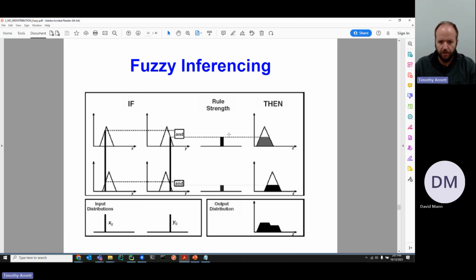One thing to note here is that, based on how you resolve this to a singular value, you will likely have higher contributions from the rule that had a higher firing rule strength. And so that's what allows you to capture the importance of each rule. And that comes from those membership values. So how high your degree of membership is on your input sets determines the importance of that output action on the overall output.